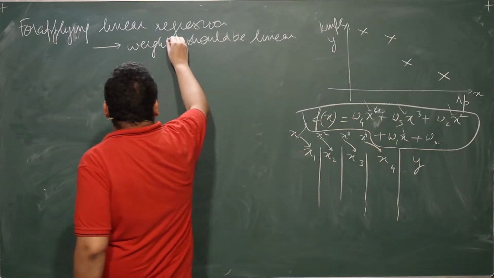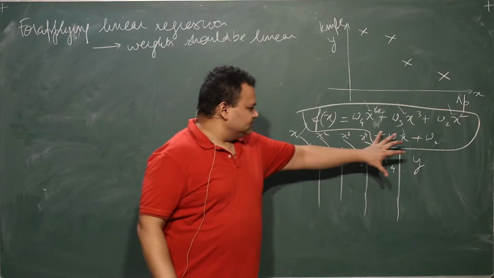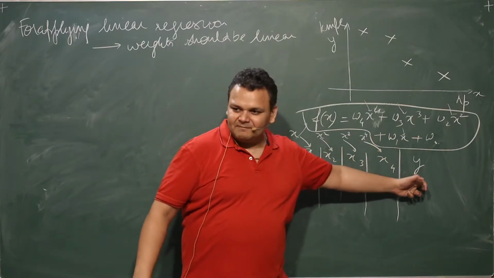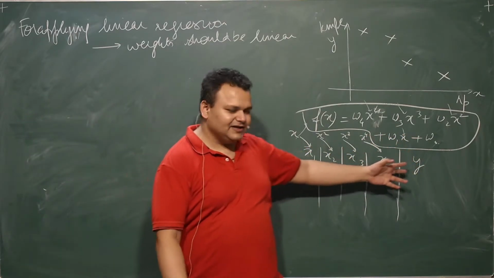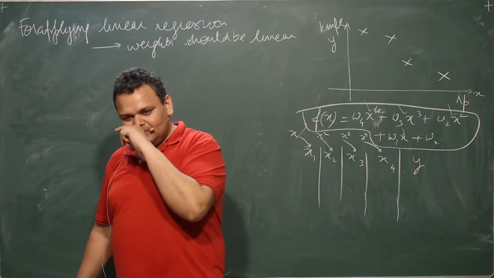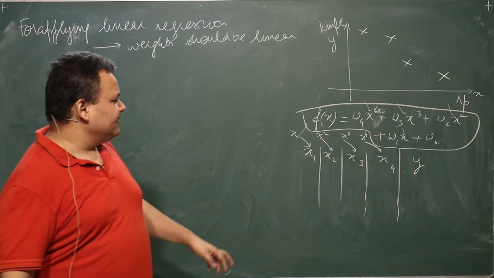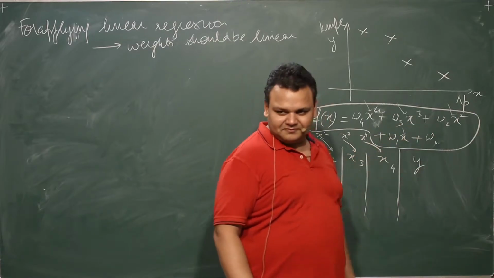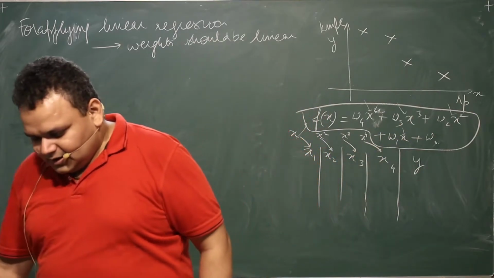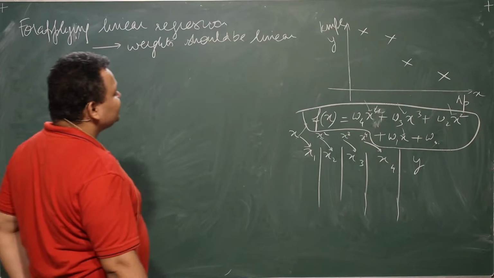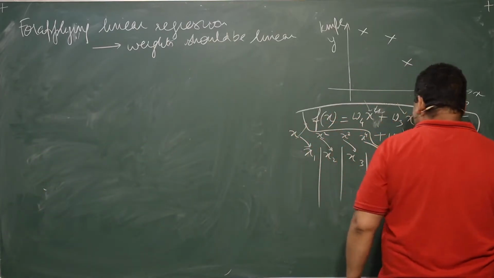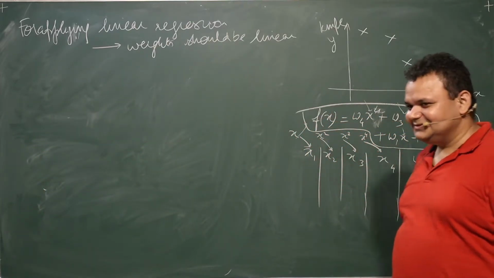Does anybody have a question now? So you'll have 5 derivatives. You can minimize your error function using those 5 derivatives. So now the question becomes: is it wise to do this?